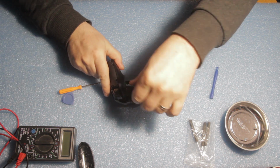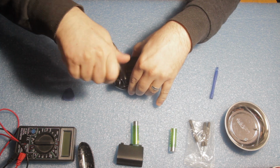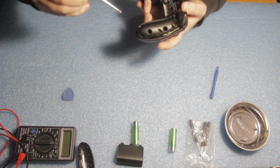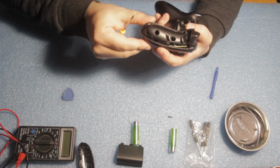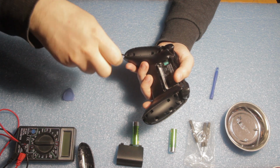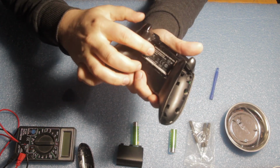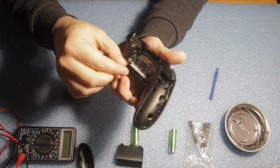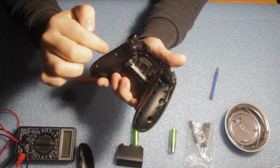Okay, for the others, first let's open this and take out the batteries. Okay, and one screw is here. One is here. One here, we don't have it anymore, and one is here. Of course, there is one more screw underneath this label. You can either punch this label in the middle and open it, or remove the label gently and then unscrew this screw here. I've already removed this label, and I didn't put any screw here,